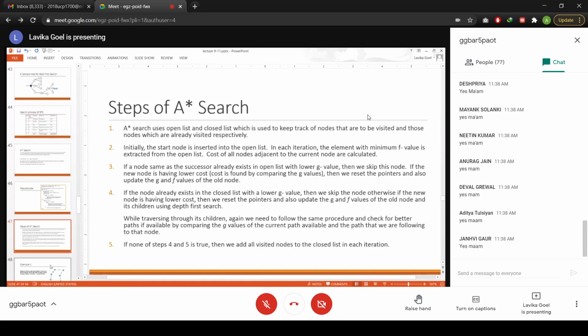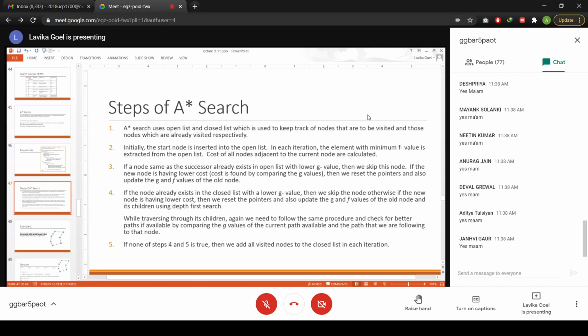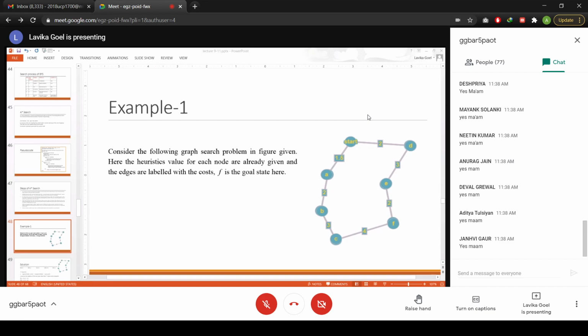So these are the steps of A star search, and then we will do some examples to tell you how it works. Students, please ask if you are not clear about A star search, or should I move ahead with the example? Can I take this example, students, or you want to ask anything?